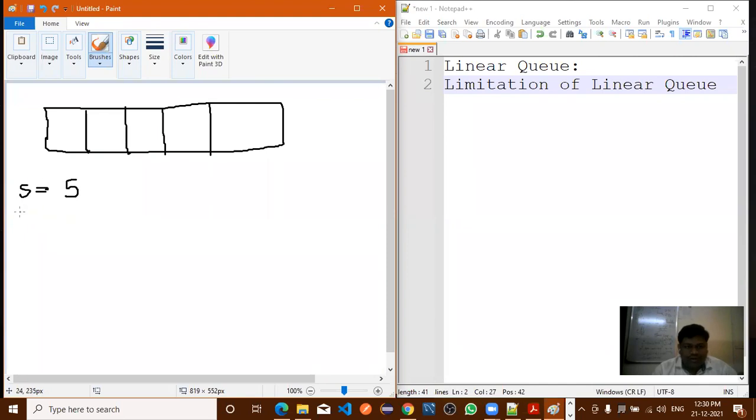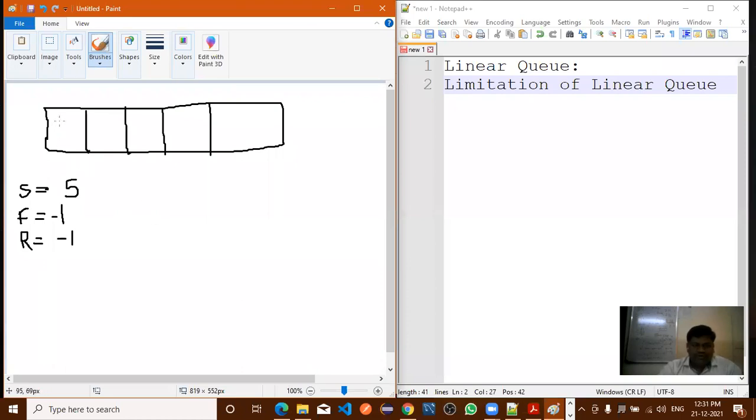Now, what is the value of the front pointer initially? -1, right? And what is the value of the rear pointer? -1. Let us have a revision of the linear queue, and after that we will move further to the circular queue.